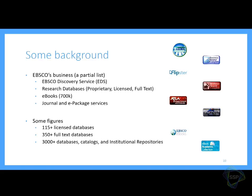We also, this is just a partial list, by the way, have an EBSCO discovery service. Now, the discovery service searches things that you may license from EBSCO. It also reaches into your local catalogs if you're a library. It reaches into your institutional repository. The data doesn't have to be hosted on EBSCO for it to go there. So it provides sort of a one-stop shop to get into all of the content that a library offers its